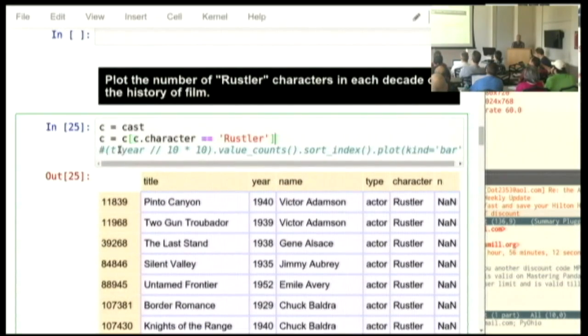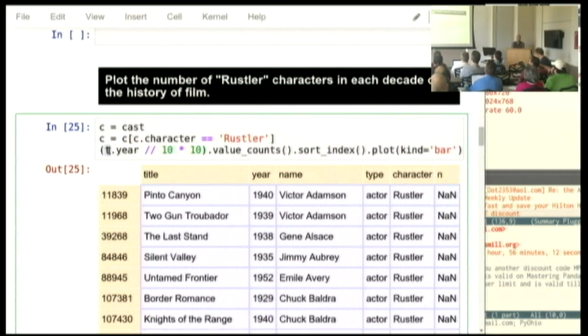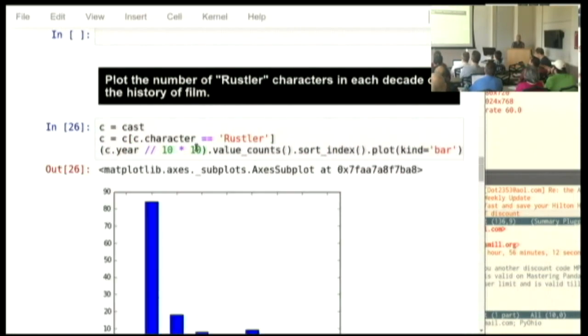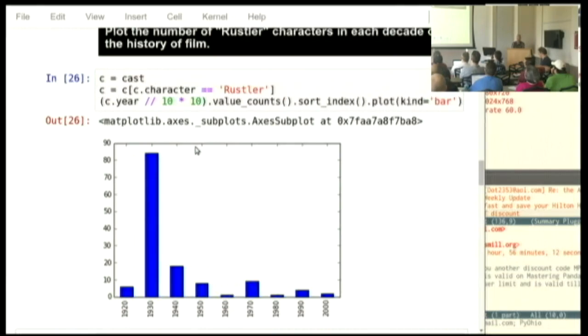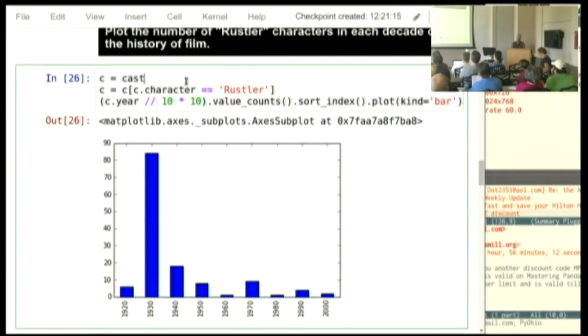Anyone want to guess what decade is going to come up as the winner here? 1930s. If you are one of those extras that just looks like a cattle rustler, go back to the 1930s. There will be jobs and more jobs available for you.